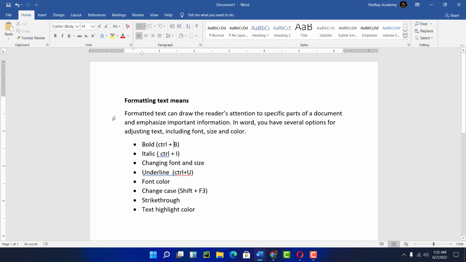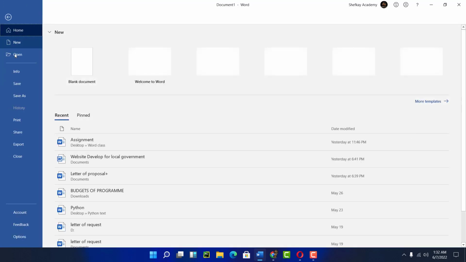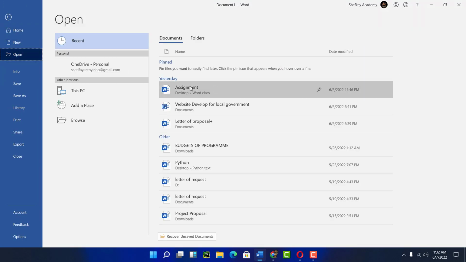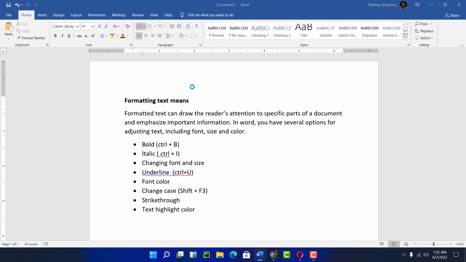So now I already have my Word open. I will go to my file and click on open. So I'll open this file. If I can't get it here, I can click on browse and locate where I've saved the file. Or if I saved it on my OneDrive, I can open my OneDrive and get the file from there. So I can easily find my document I want to format, then click on it. So automatically